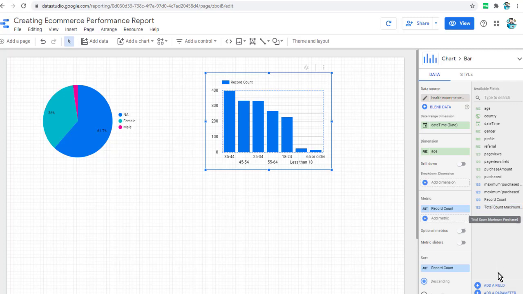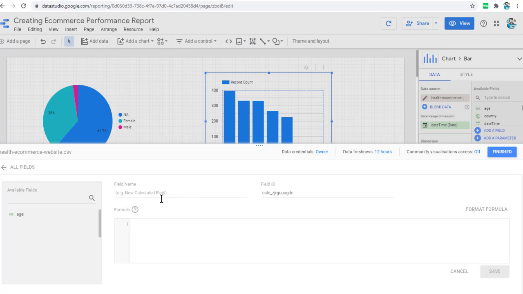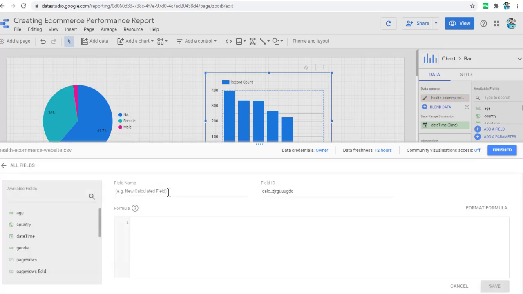So we're gonna go and create a new field that will be similar to this one, and we're gonna name this, let's call it most purchases. And what we're going to do is we're going to go and count the total number of purchases.